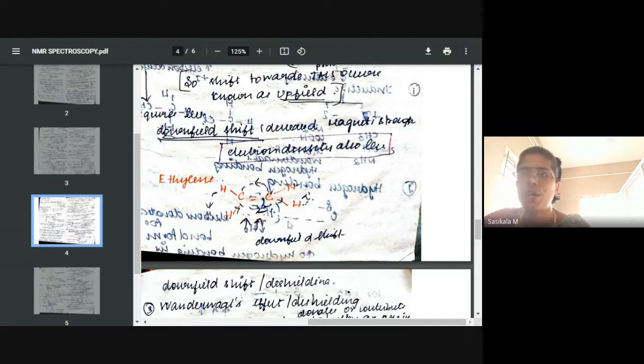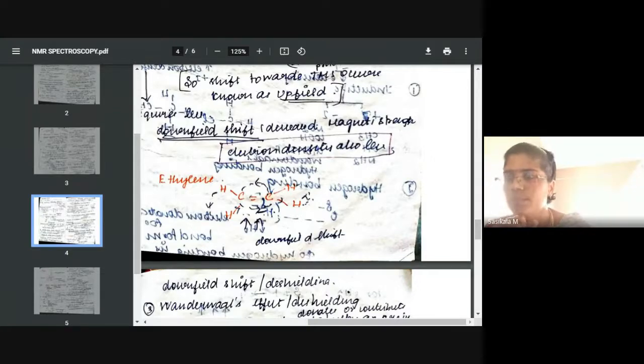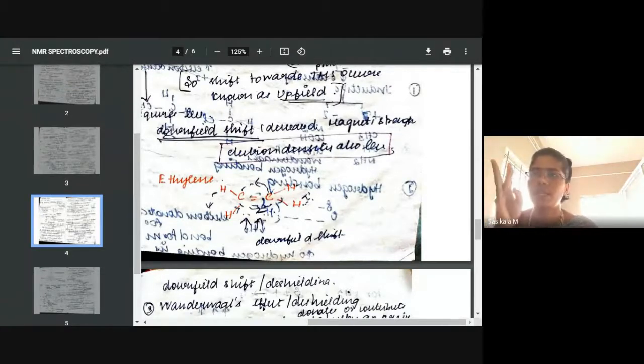Have you understood the four parameters we have discussed till now? The number of signals, the intensity of signals, the peak area counting, and the fourth one, the position of signals, which we need to discuss in brief. We are discussing chemical shift. Chemical shift is due to two effects, the shielding and de-shielding effect. Shielding effect is due to the diamagnetic field, a secondary magnetic field created by the electrons surrounding the nucleus. If the nucleus or proton is inside the diamagnetic field, it is a shielded proton. If it is outside, it is a de-shielded proton.